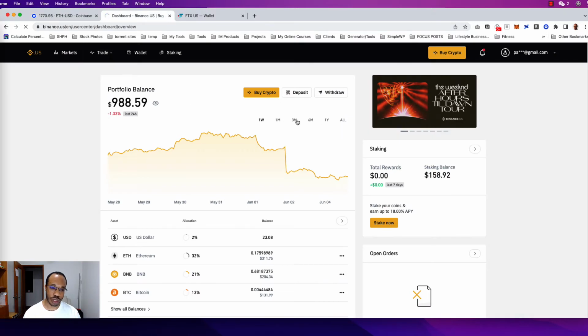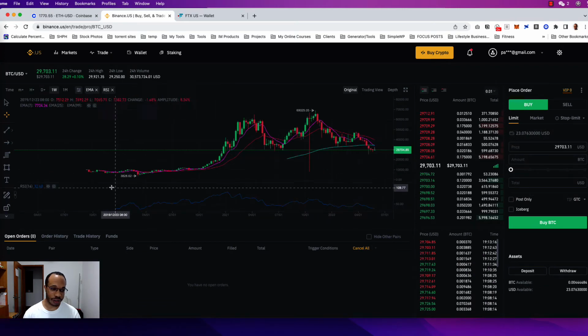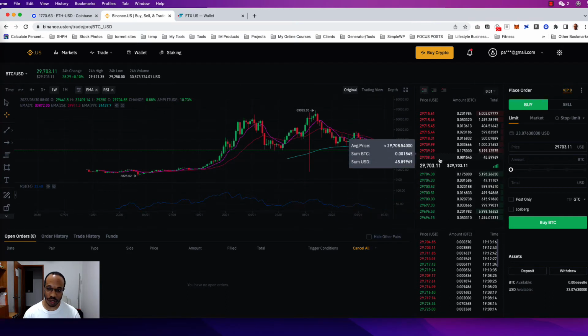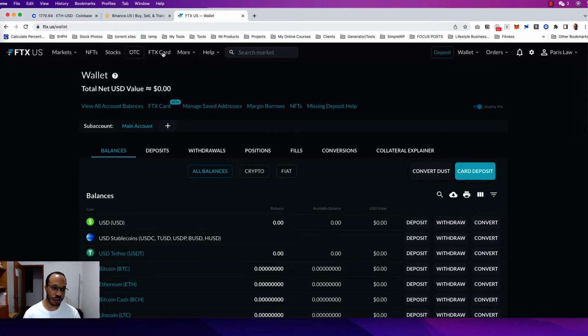Binance is pretty much similar. It has a full trading experience. The colors are different, but it's all pretty much the same. It's got the charts, the listings of the sales going on, the buy and sells, the limit orders, and the stop limits. Those are all similar. Now, if we look at FTX, we can see that it's got options there